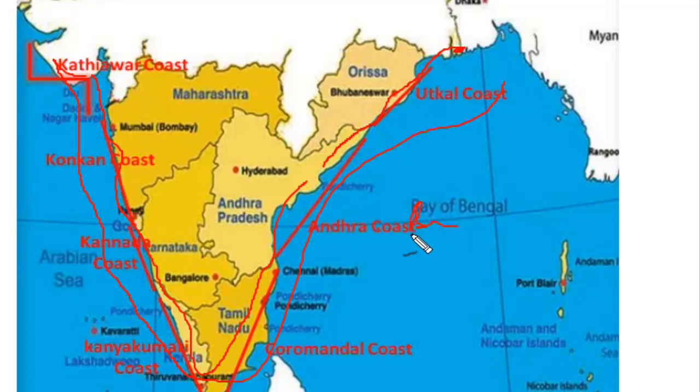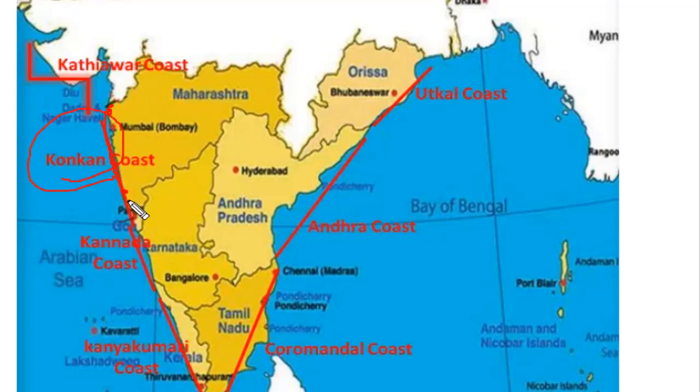Bay of Bengal is this ocean in the eastern part of the country. In the western part we have the Arabian Sea, and these coastal plains are divided into certain fragments. So in the western part, we have Konkan coast, Karnataka coast and Malabar coast. Konkan coast lies from Mumbai to Goa. Where is Mumbai? Mumbai is somewhere here. It lies till Goa. So this would be called the Konkan coast. And from Goa to Mangalore, this coast would be called the Karnataka or Kannur coast.